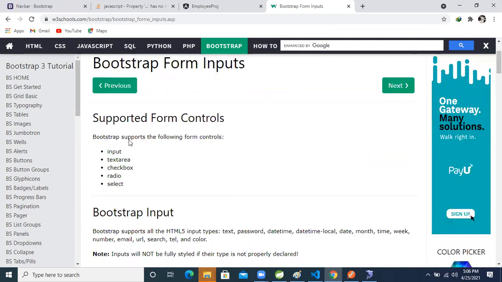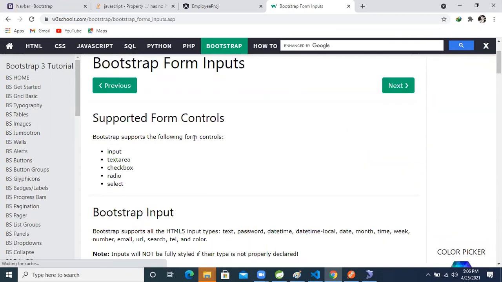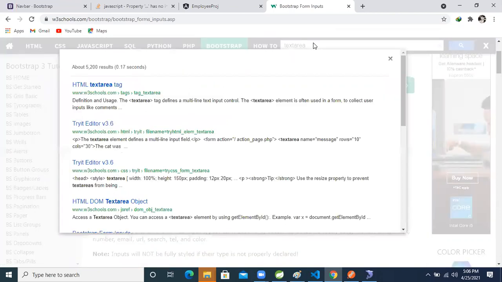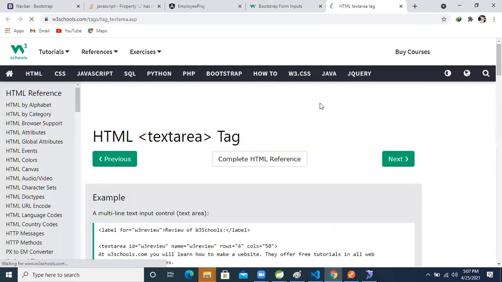Here heading I put is support for the form. Text area also, right?